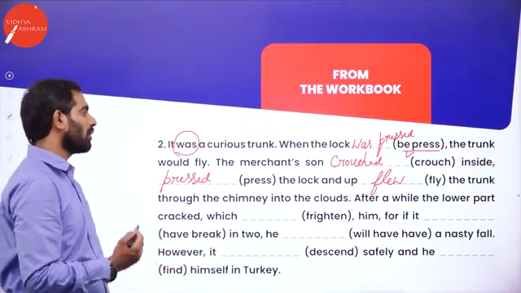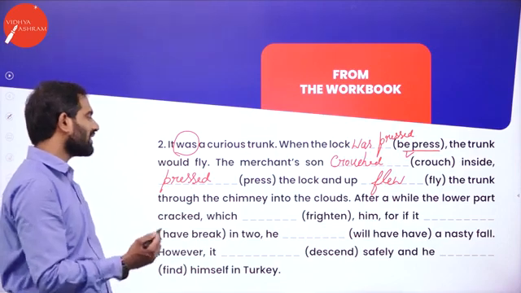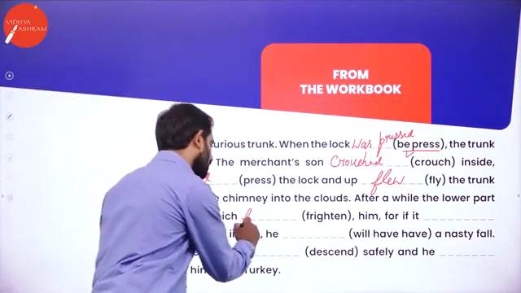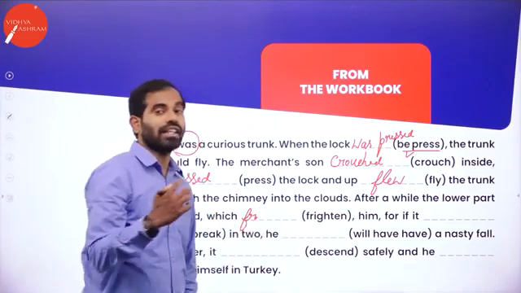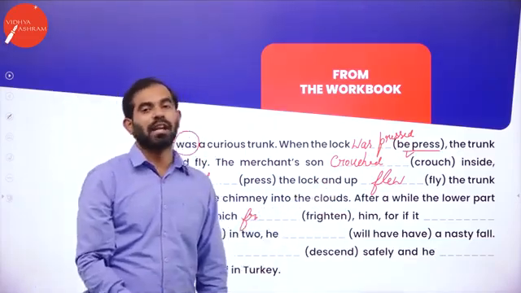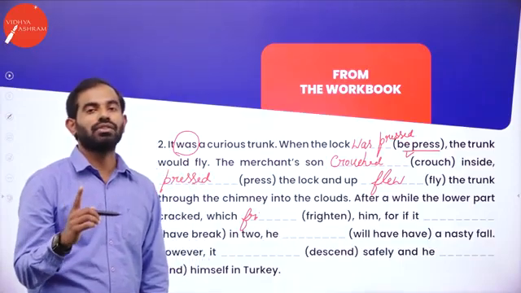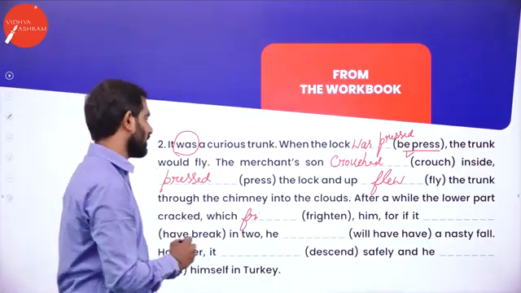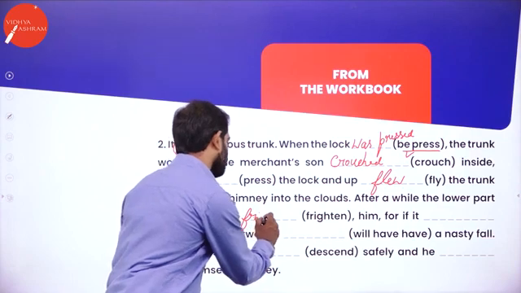After a while, the lower part cracked, which frightened. No need to use auxiliary verbs in the examination if there are no auxiliary verbs given in the brackets. Don't use unnecessary auxiliary verbs while answering the question. Frightened